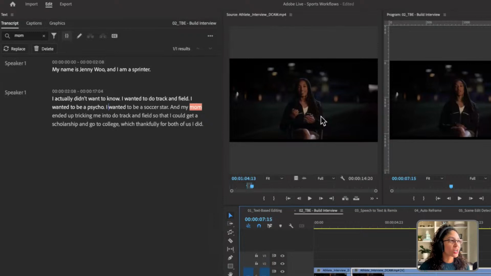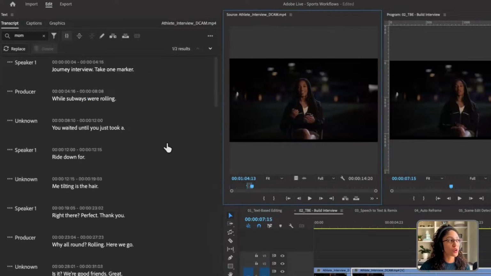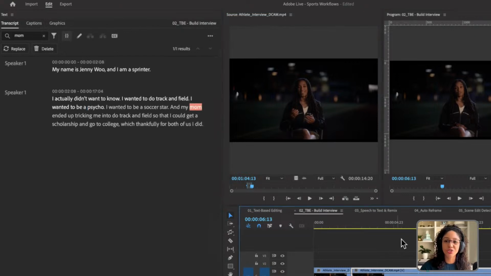So before, if I click here in the source, I have my source. That's my media. That's my clip transcription. But as soon as I jump to the timeline, because I have Follow Active Monitor on, it takes me to my sequence transcription. Now, the other really cool part about text-based editing is if I click down here, I can click transcript view options